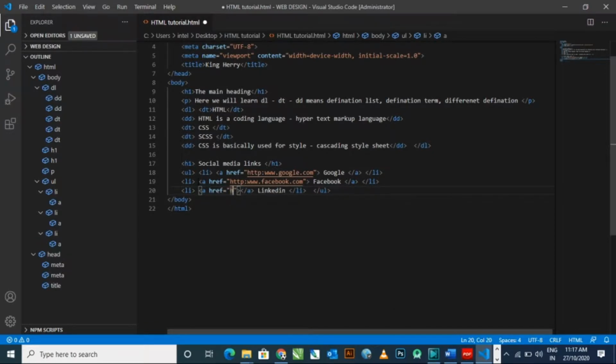Okay, now LinkedIn, a href HTTP colon. Sometimes you have a confusion: what is colon? What is semicolon? www.linkedin.com and now closing.